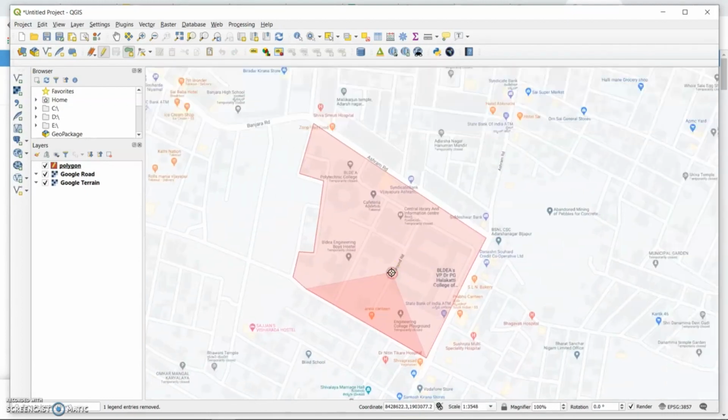Like this, you have to keep on clicking the left side of your button and create a polygon like this.